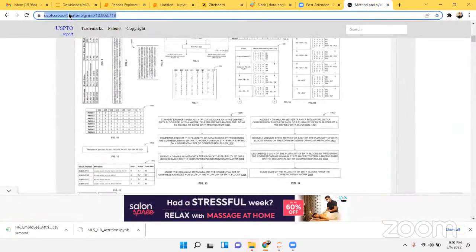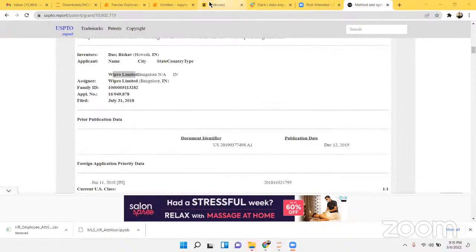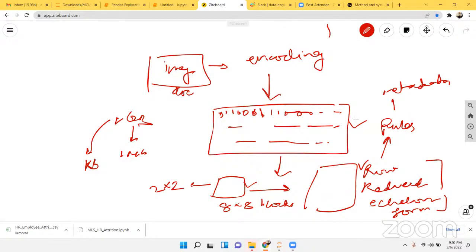You can follow this link if you want to explore more. The rules over here are nothing but a part of the algorithm. These rules are coming from this row reduced echelon form. So if I